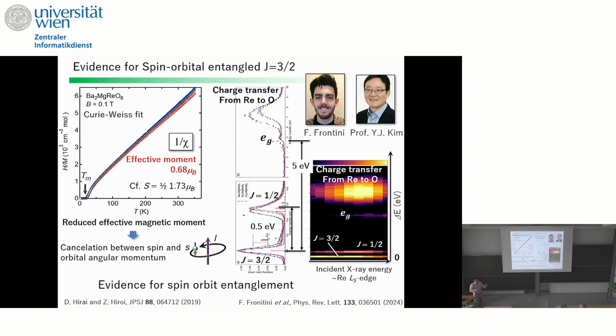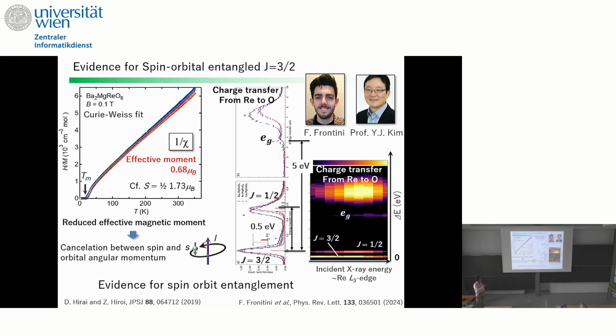This compound shows ferromagnetic behavior below 18 K, and it is an insulator. It follows Curie-Weiss behavior in the paramagnetic phase, and by fitting this curve with the Curie-Weiss law, we can obtain the